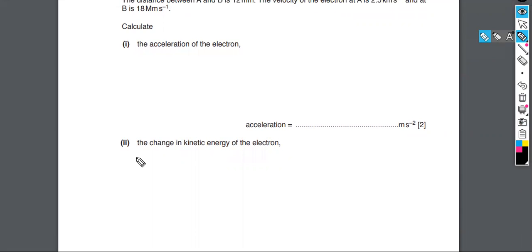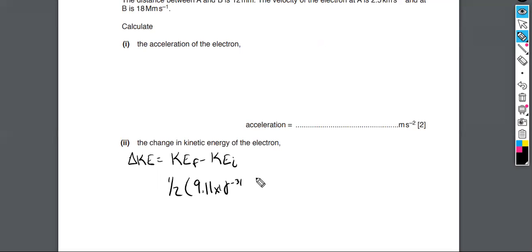So there are probably different ways that we could approach this. The change in kinetic energy: the general way to think about it is kinetic energy final minus kinetic energy initial, right? That would give us the change. The final kinetic energy is going to be 1/2 the mass of an electron, 9.11 by 10 to the -31 kilograms. Well, that's its rest mass. It's not really at rest. Anyway, that's a factor out anyway. And then the final velocity was the